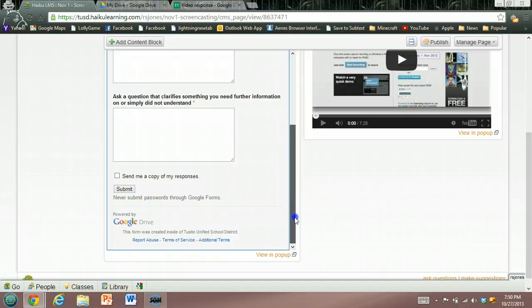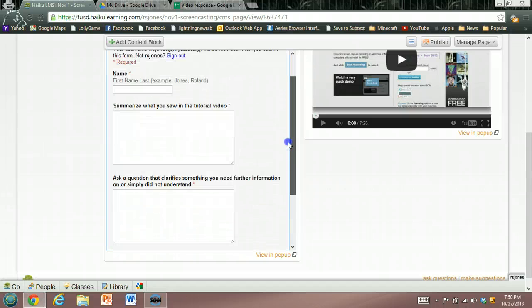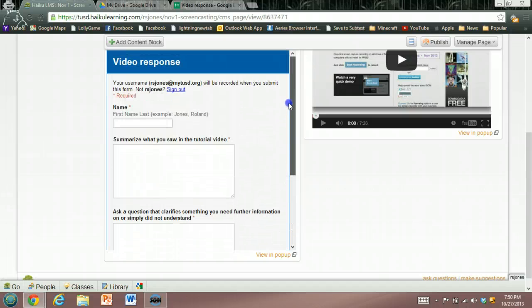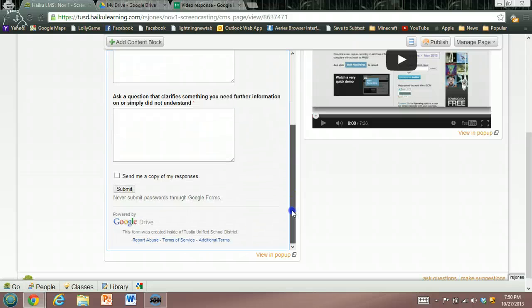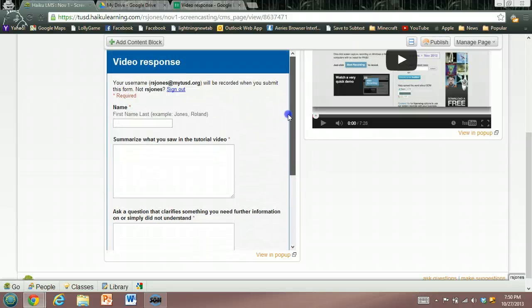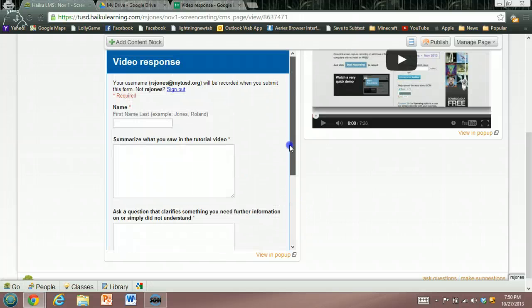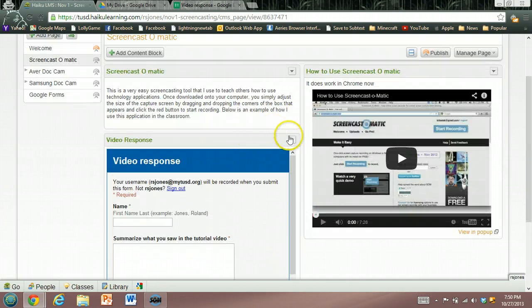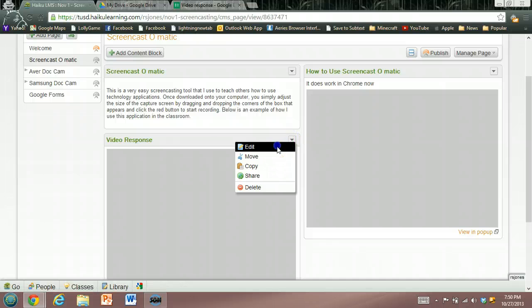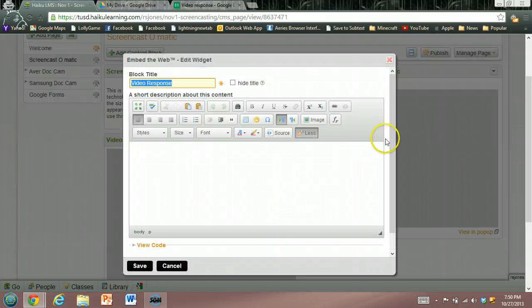Well, that's not going to work on this form. If a student was using an iOS device or an Android device, they couldn't scroll down within this page, so they would never have the opportunity to submit their work. So what we need to do within Haiku is make sure that we've made this the correct length. So if I go back and edit this very quickly, select Manage Block and Edit,